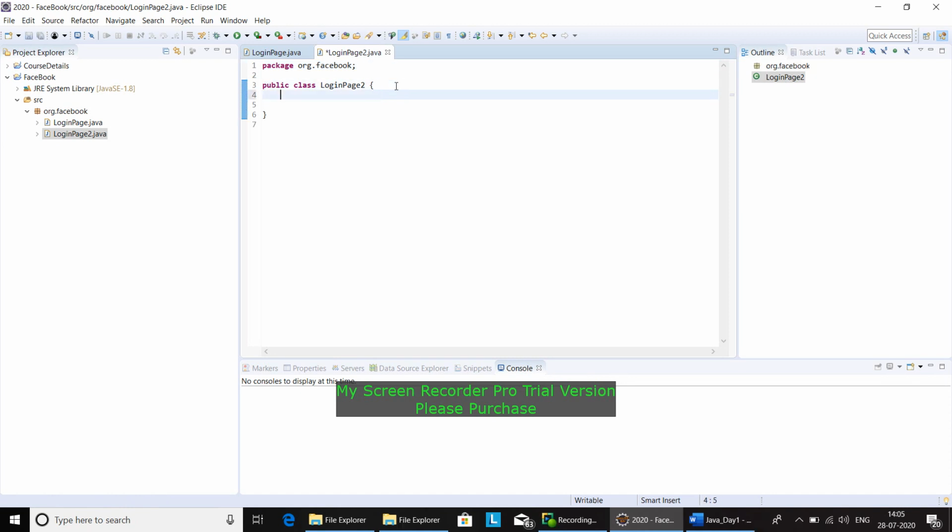I will create a method here. How will we create a method? By using camel notation, that is a combination of lowercase and uppercase letters.